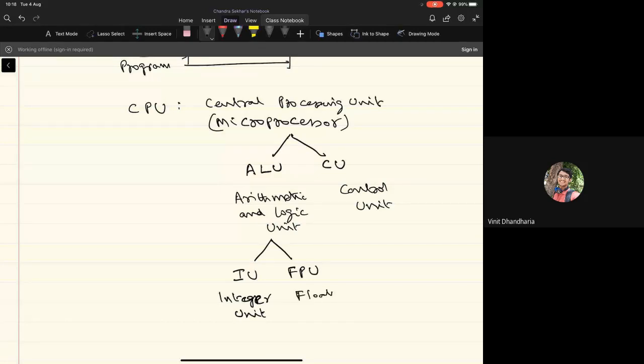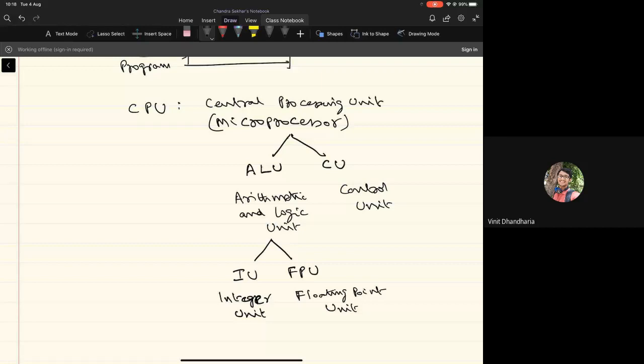At a later point, we'll try to understand why this is called the floating point unit, and how the circuitry required for performing these operations on the real values is going to be different from the circuitry in the integer unit. That in turn is dependent on how the processing itself is done on the integer type data and how it is done on the floating point type data. You need to perform the same kind of operations like addition, subtraction, multiplication, and division.